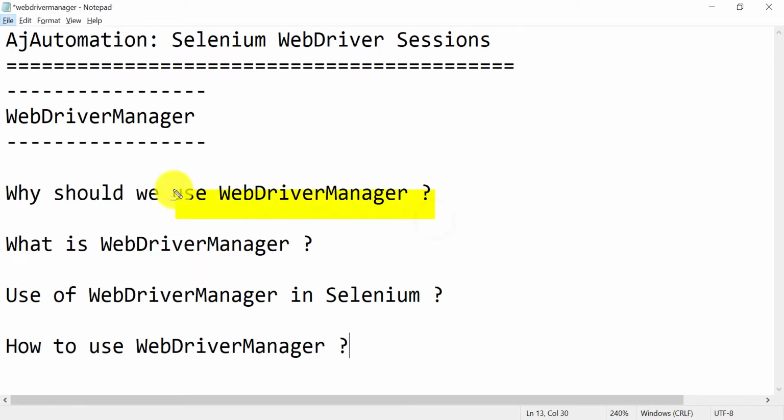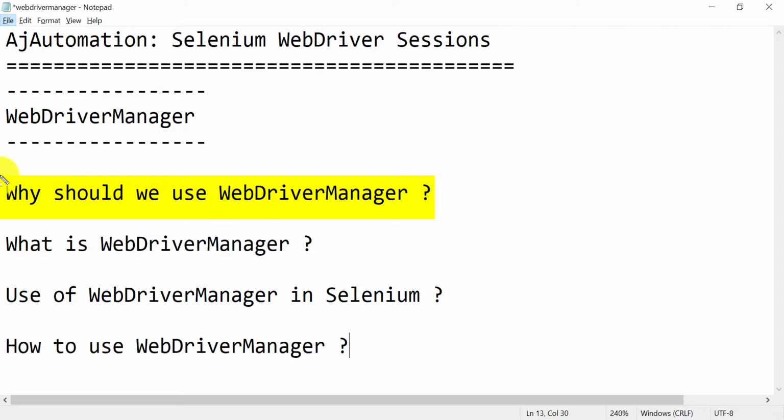First we will see why we should use the WebDriver Manager, why we require it. When we start test case execution, the first thing or precondition is to open the browser. Without opening the browser you won't be able to perform any action. In automation, we are automating the manual actions that we perform on the actual browsers. So first we will open the browser, then we will enter the URL and login information, and then we will perform other scenarios and validations after that.